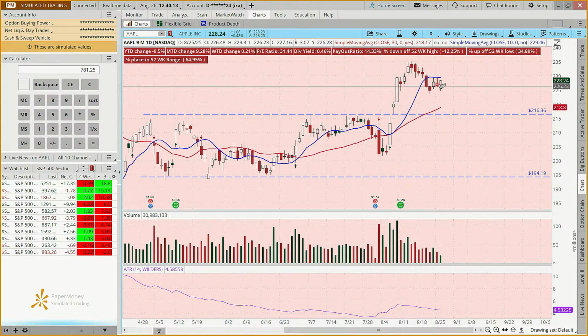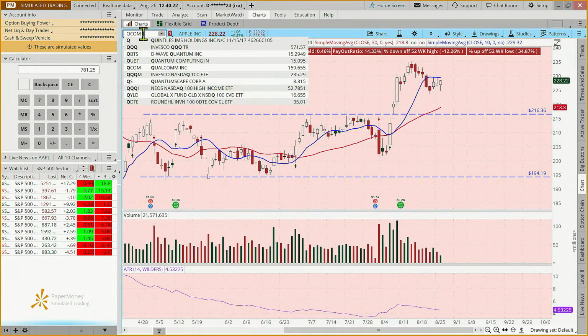And so if we looked at this, could we do a swing trade? We could. So guys, I now have to wrap. Somebody's asking if we can look at Qualcomm.